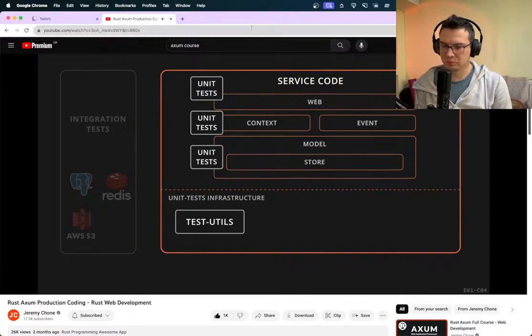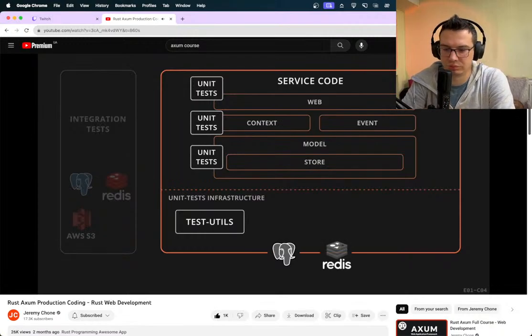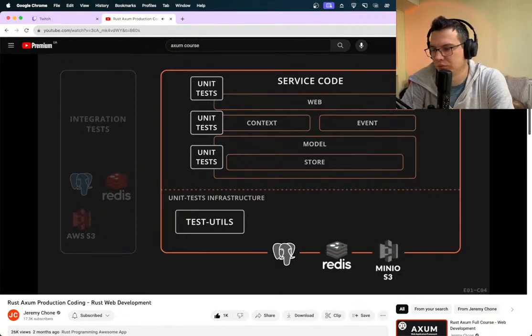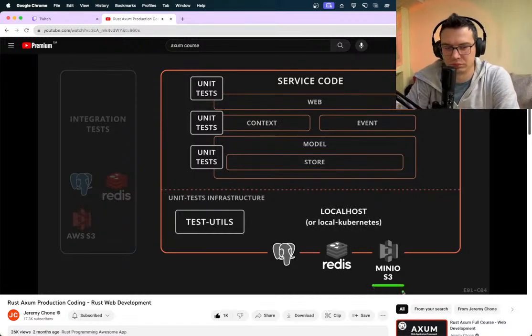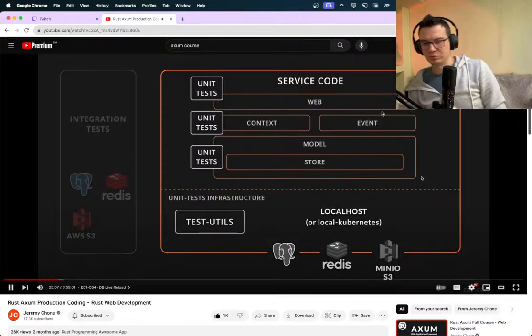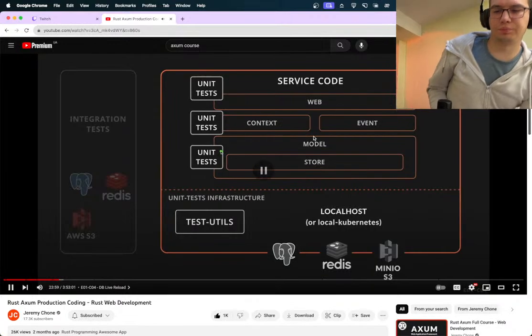The other approach is to have your unit test infrastructure use the real Postgres database, the Redis, and an S3 service. And you put that in a localhost or a local Kubernetes. For S3, we are pretty lucky because we have MinIO, which is a very good mock service. You can use it for production as well, and it really follows the S3 APIs. So now when the unit test is